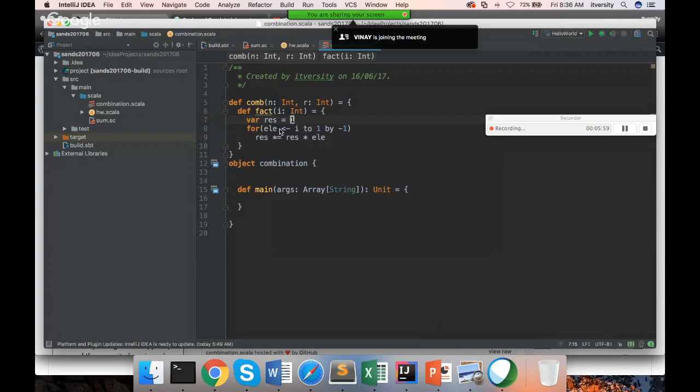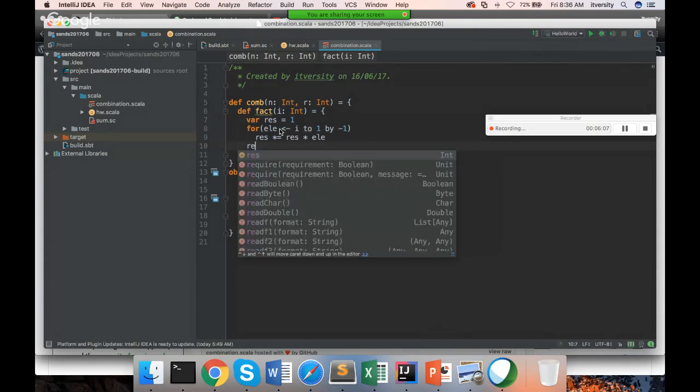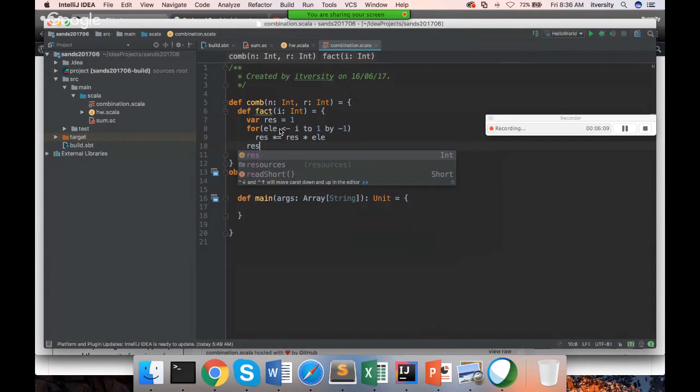0 multiplied by anything will be 0, so eventually we'll get only 0. Okay, to avoid that, we have to set result to 1. Okay, and then return result. Okay, now we have completed the factorial function, and we have to use this function as part of a higher level function